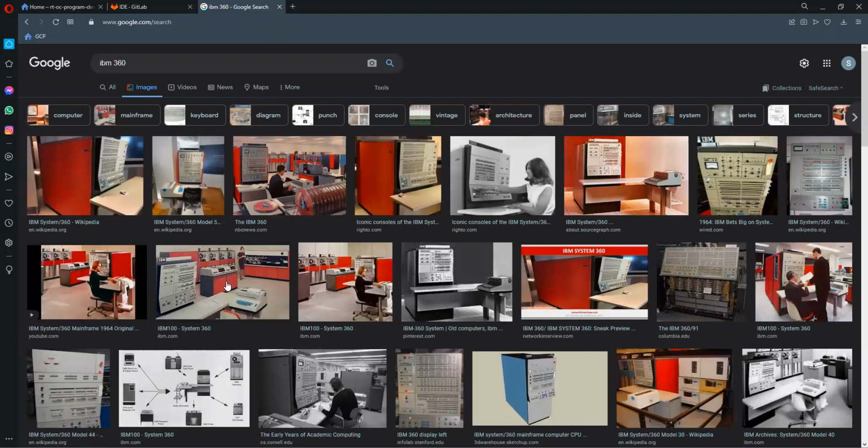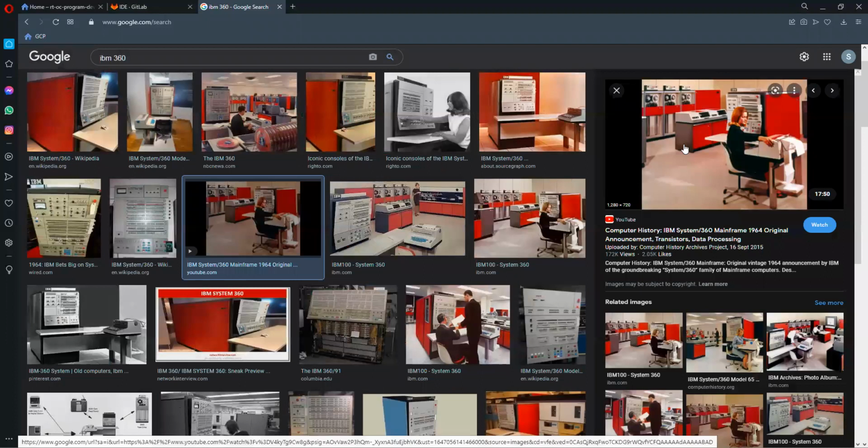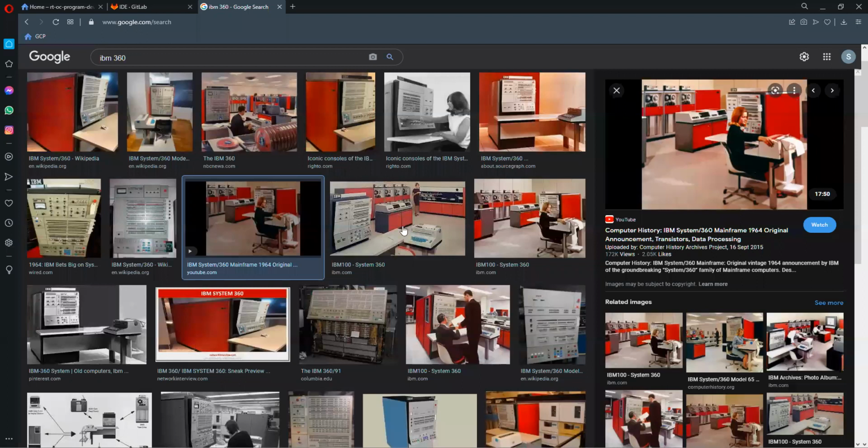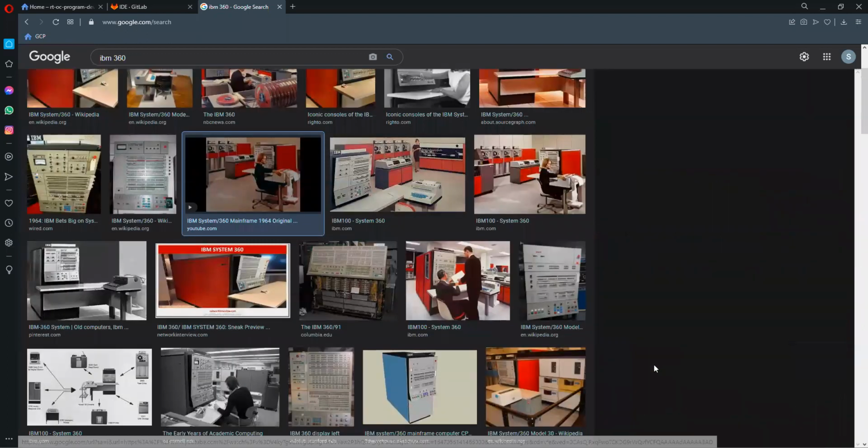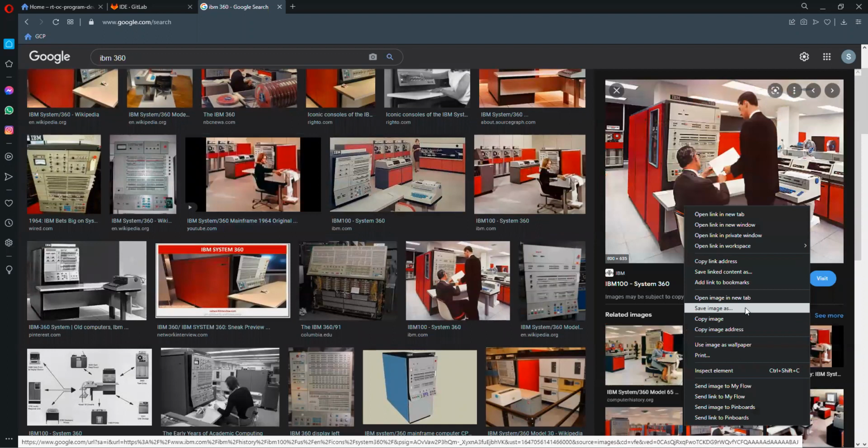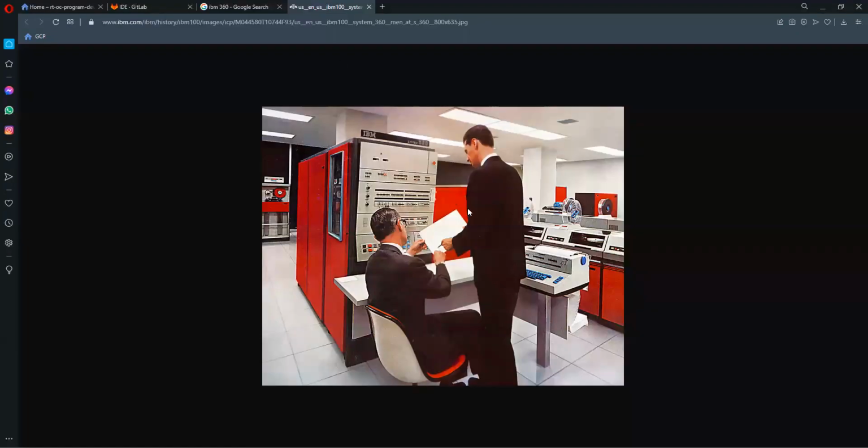So this is the mainframe, and you can see the image. You had these big servers that would require the size of a house. Today the storage is huge, but back then all you could store was kilobytes. Right now we are storing terabytes and petabytes. That kind of storage we have.